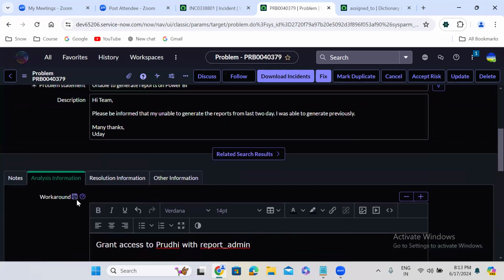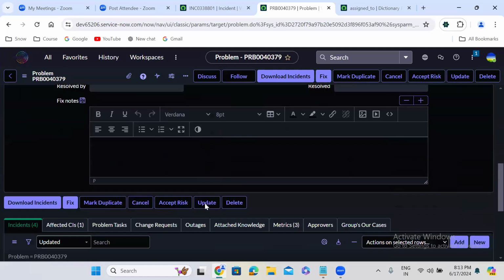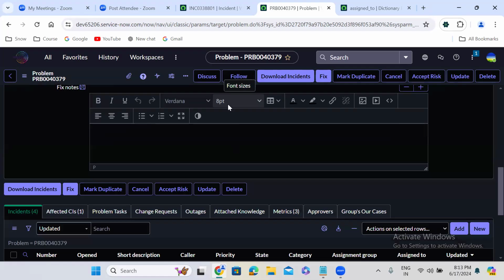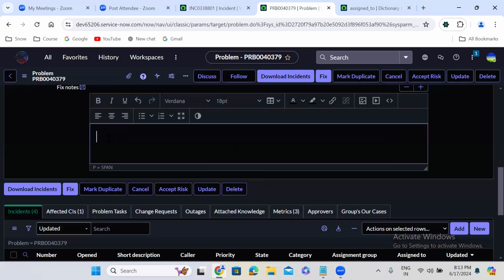And Alex also has to provide the solution as well. The query should be modified. Query should be adjusted.